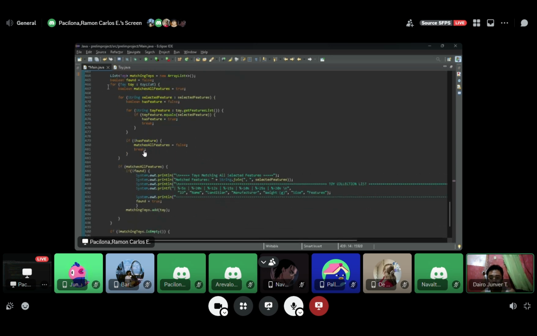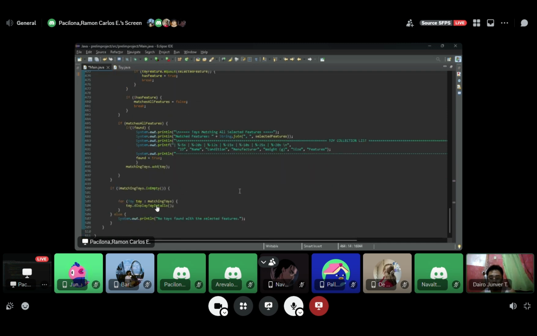So we have a condition here: if the toy does not have the feature, it will become false. So let's go down again. So we use a for loop to check all the toys in the toy list for matching toys.